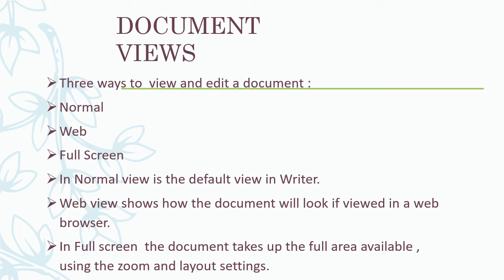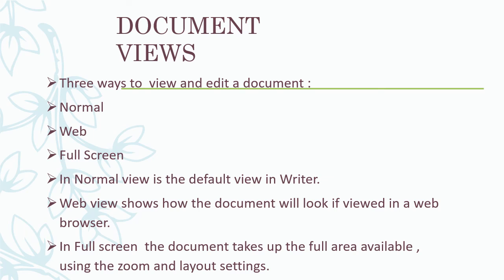For example, in this window, the other things are showing, no? The other pages and the menus outside of the window will be shown. But whenever we use full screen, only the particular window, or the full window, will be highlighted. That is the use of full screen view.